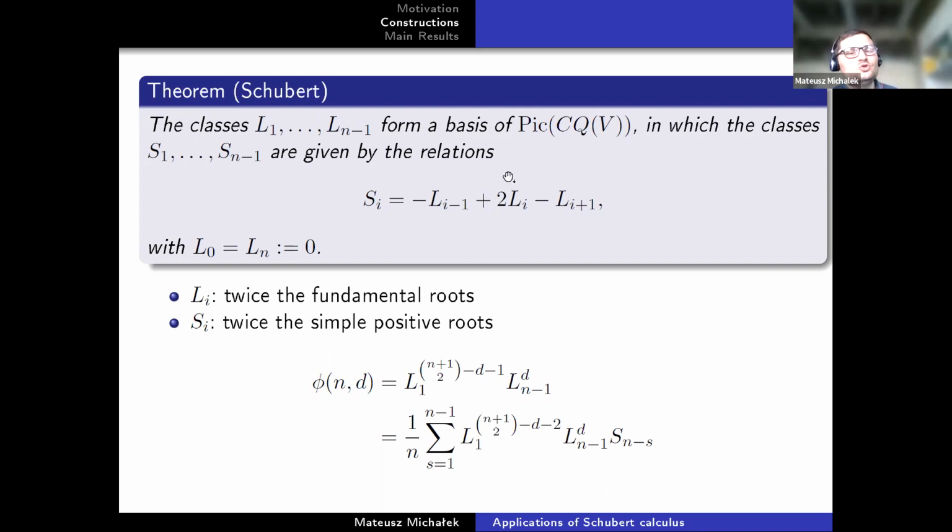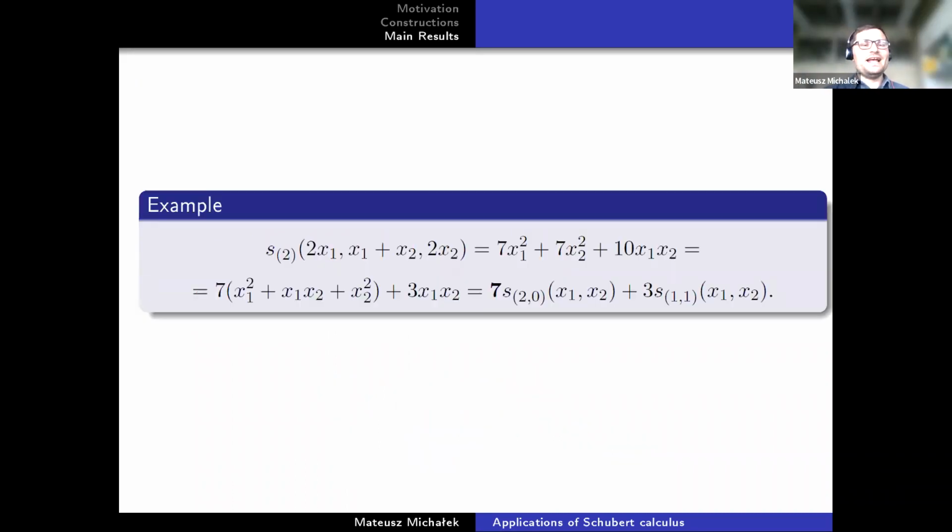Namely, he said how to pass from one set of divisors to the others. And then he said that the formula for our counting problem is actually given by this, which looks much more complicated because now there are these Li's and Si's. But he also says why this is simpler, because once you are on an Si, you can use combinatorics and geometry of the Grassmannian to solve it. And I didn't want to spend too much time on this geometry of Grassmannians, how it goes, but let me say algebraically what kind of numbers are actually very important, and they are called Laksov coefficients.